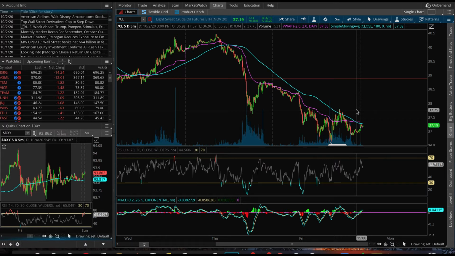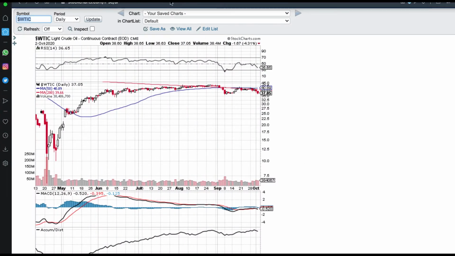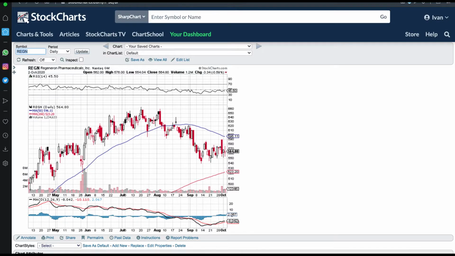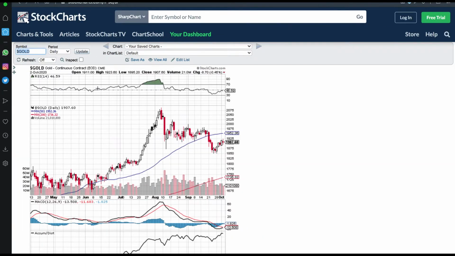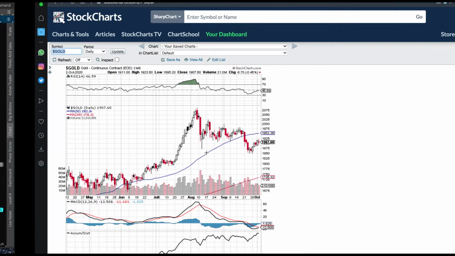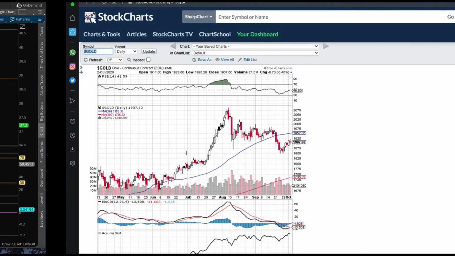If you don't know, in our last video we pointed out that oil and the dollar are inversely correlated. On top of that, what else is inversely correlated with the dollar? Let's go to gold. Gold is inversely correlated with the dollar. Now look at this downtrend on the gold. Gold can bounce up a little, but it's going to very likely reject its downtrend here. What are the chances that gold breaks higher and breaks past this downtrend? It's not very likely.